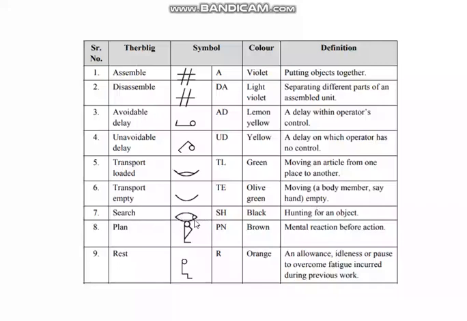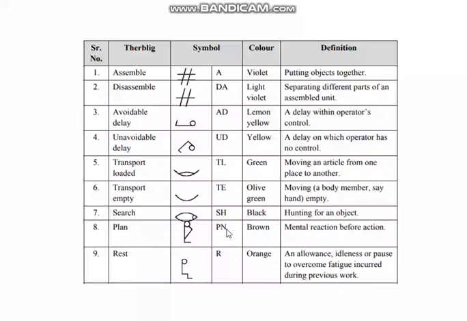Then search. Search is like the eye and the eyeball. So you can see the eye and the eyeball. This is searching, SH, and it is black color, and that means you are hunting for an object. Search. And plan, this is the symbol